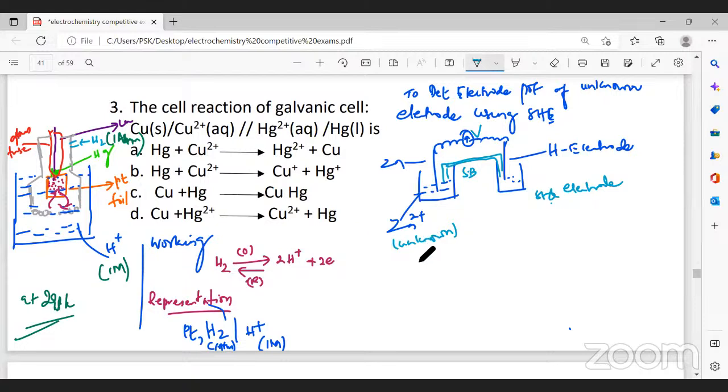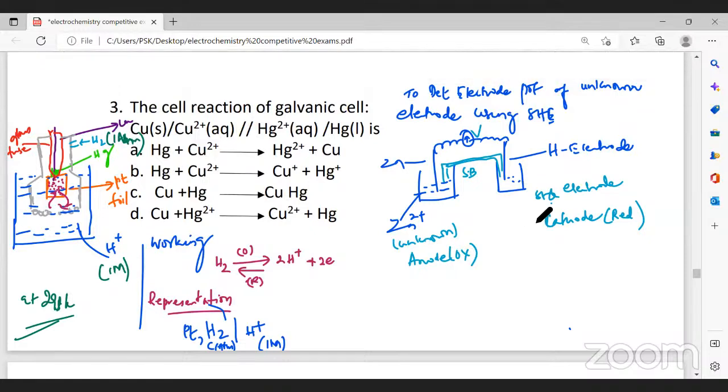Now, whatever is represented on the left side is called the anode. Whatever is on the right side is called the cathode. At the anode, oxidation takes place. At the cathode, reduction takes place. No doubt about it. You know all this, so I'm not teaching you the cell reactions here. Now, the EMF of the cell. E cell is calculated by the formula